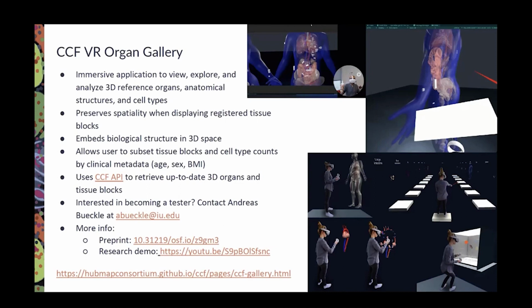But you can also now explode all the organs out of the body and then explore all the tissue blocks that have been registered into these organs in a very 3D manner, and including you actually get to see the physical size of these tissue blocks. And if you are interested in learning more about it, let me know or contact Andreas at